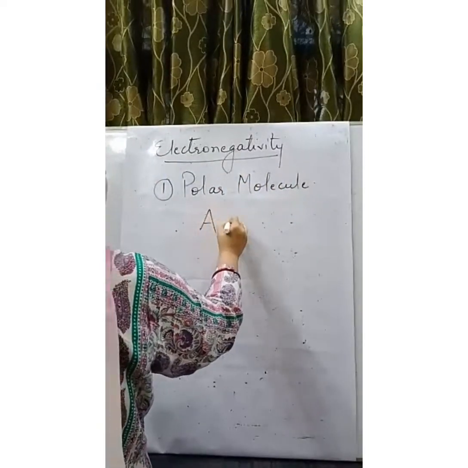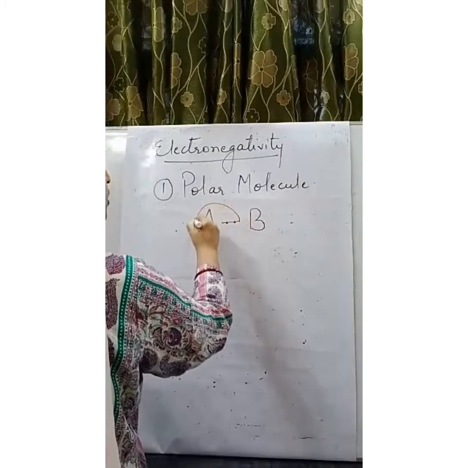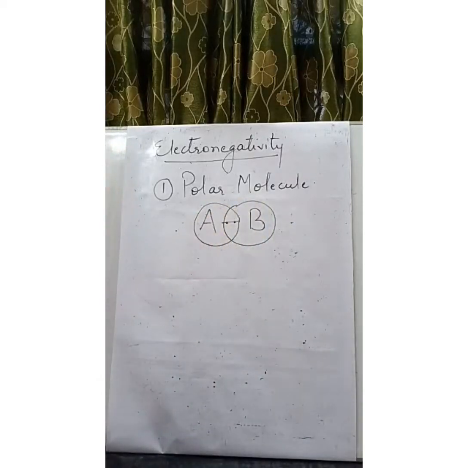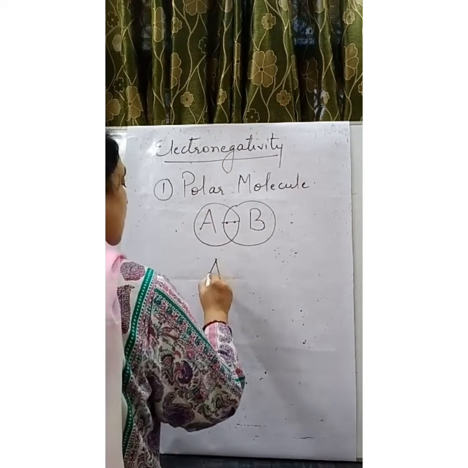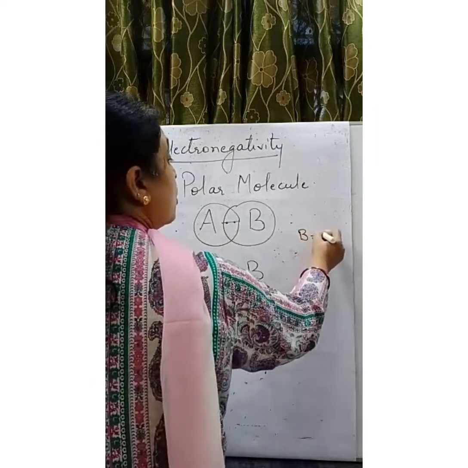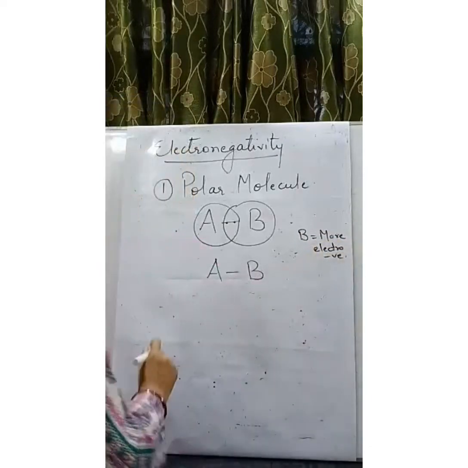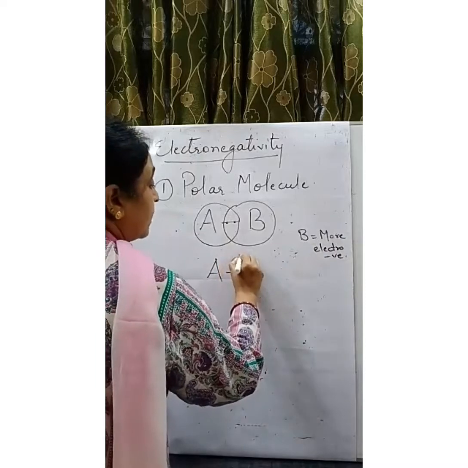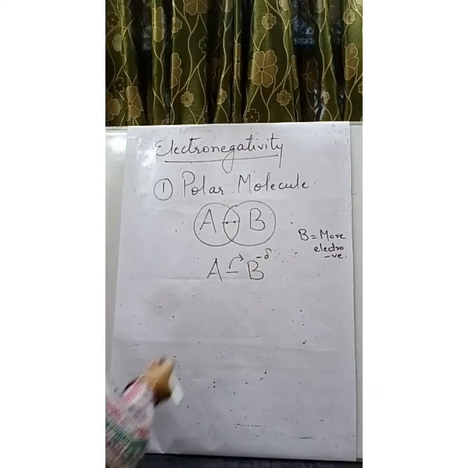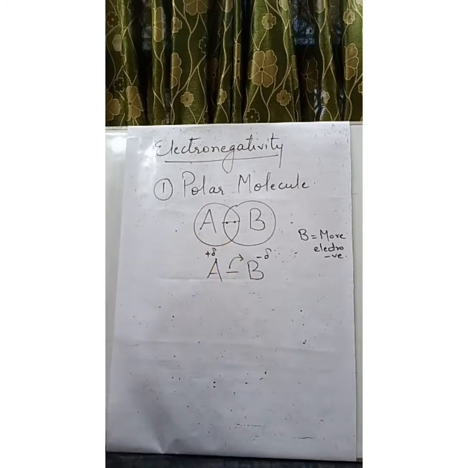Suppose A is forming a bond with B. Single covalent bond means 2 electrons. A is sharing this 2 electrons and B is sharing this. So when we see the area of intersection, A is forming single covalent bond with B. If B is more electronegative compared to A, then what will B do? B will try to pull this bonded pair towards itself, and it will result in the development of partial negative charge. And since the electron cloud is moving away from A, it will develop a partial positive charge.